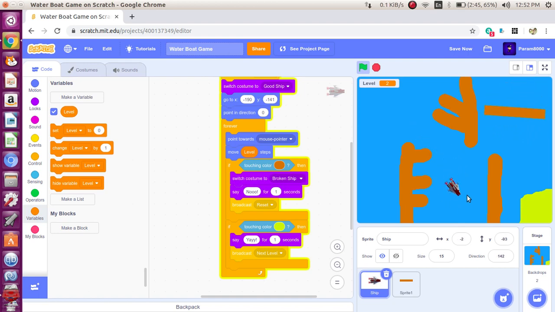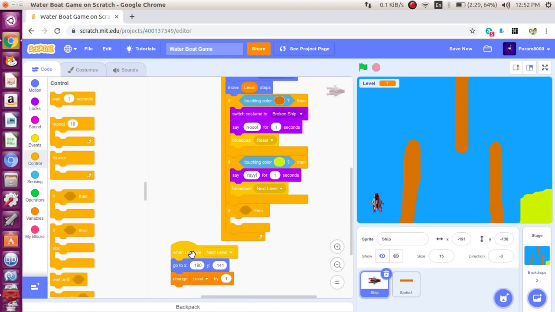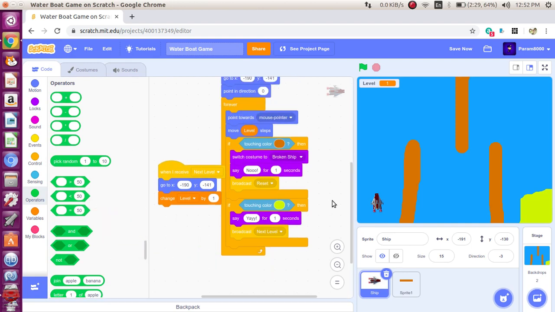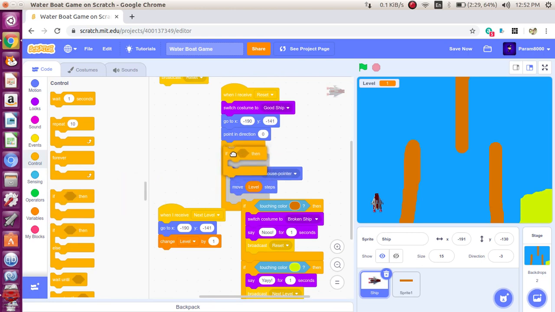So now there's also one problem, that if it's so near to the mouse pointer, it does this weird movement. I don't know what that is, but it does this weird movement, and we don't want that to happen. So let's just say forever, take another if statement, go to operators, take the... actually it should not be like that. It should say forever. There should be an if statement in here,